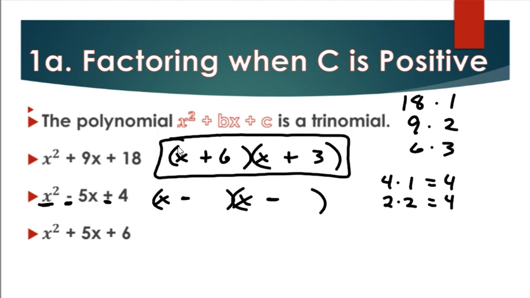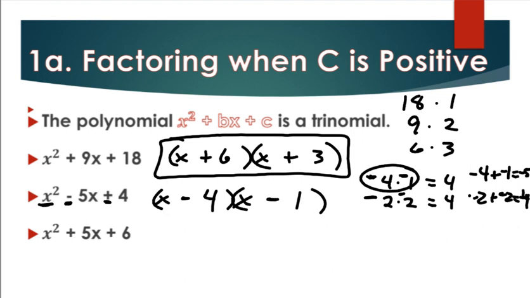Now, since they both have to be negative, a negative 4 times a negative 1 gives us a positive 4. But if I were to add them, a negative 4 plus a negative 1 gives us a negative 5. A negative 2 plus a negative 2 gives us a negative 4. So I need to look at which one adds up to a negative 5 and multiplies to give me a positive 4. That's these two numbers. So this would be a 4, and this would be a 1. So this would be my factored